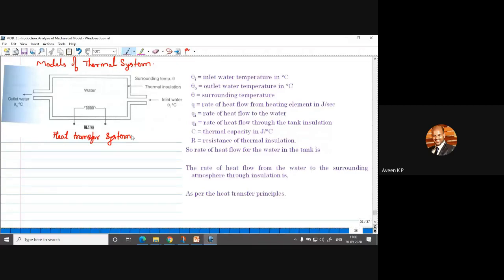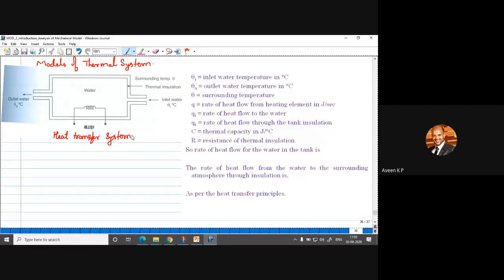So these are all the models, and we need to write its mathematical equation. That is the modeling, mathematical model. I already mentioned the definition of mathematical model. It is nothing but the representation of dynamic characteristics of a given system. So we are doing the same. So we have considered the mechanical system as well as electrical system, and we have written its mathematical equation, and we know how to analyze that. So further analysis will be done.